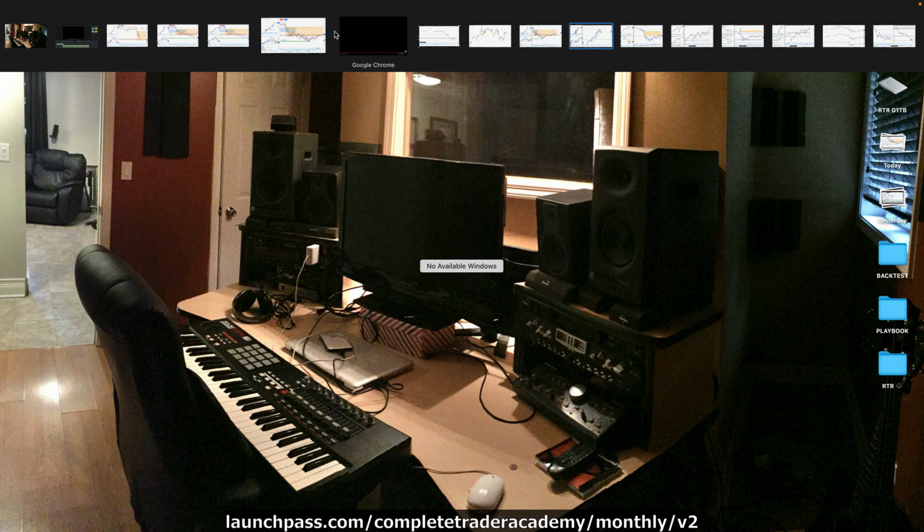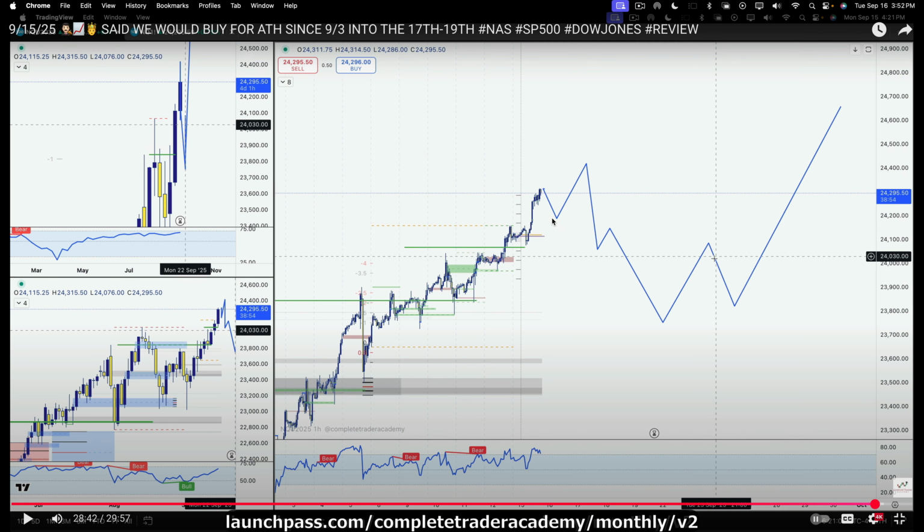But we said yesterday we drew out a very logical plan here, and I did this from the video of the closing. Said that we would retrace and then push back up for another top, right? What we did today is in Asia and London, they just kept pushing up, right? They kept pushing up and they came up here. So guess what? That idea starts here.